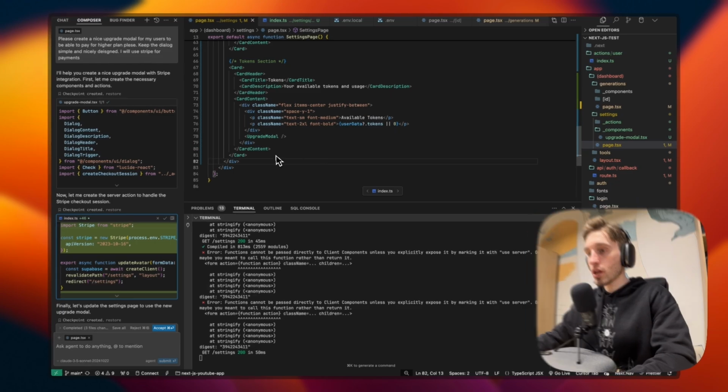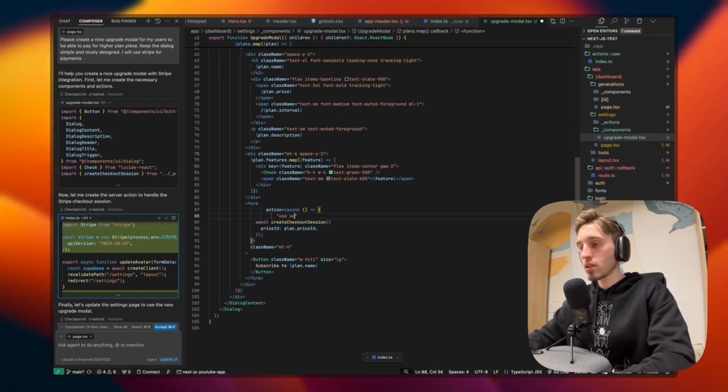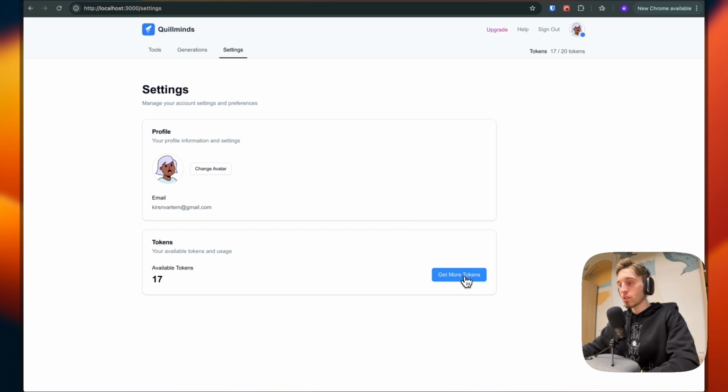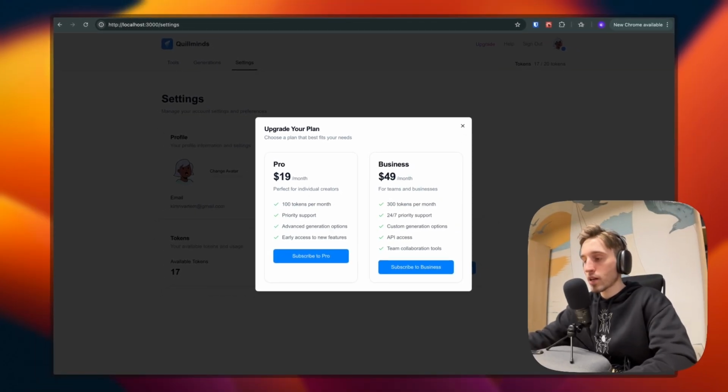Let's just quickly check this. We go to the upgrade modal. We look for the action. Can we do it like this? Use server, go back, check it. Yes, it's fine. So we basically marked the function as use server to properly mark it as a server